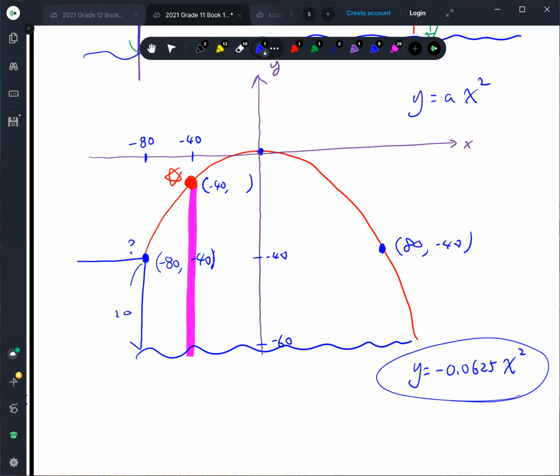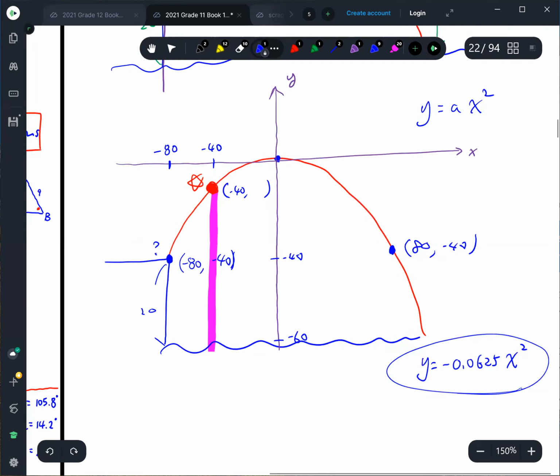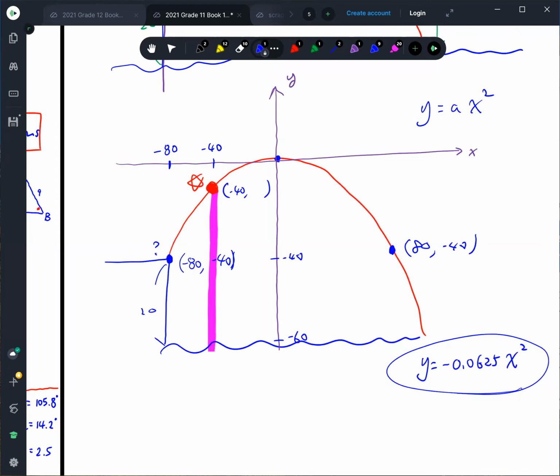Negative 100. Okay, so we have, so big. Wait, then probably the equation is wrong. But let's go back, okay? Let's check if that number is correct. How did you find the A? The A, I plugged in